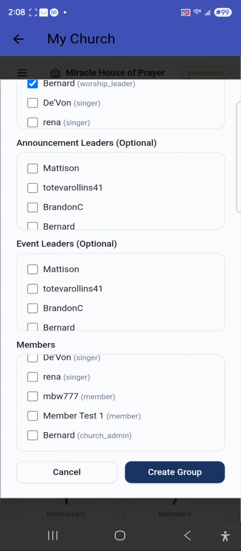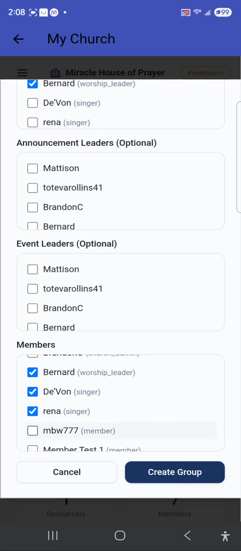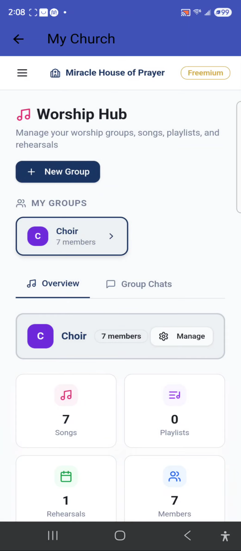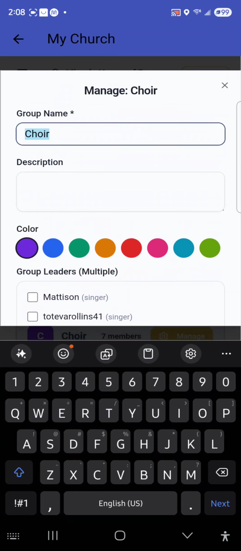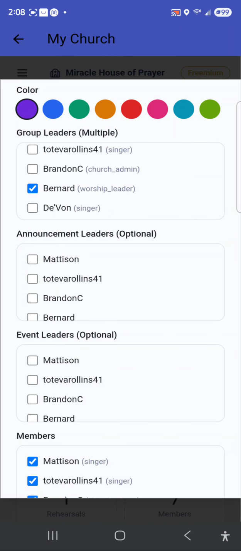Whoever's in your listing of your church, after they download the app and put in the church code that you created, or that the pastor or whoever's over it created, and then they'll create the group. Once they create the group, they can go back and manage if anybody else new joins, and you can see the leader is me,